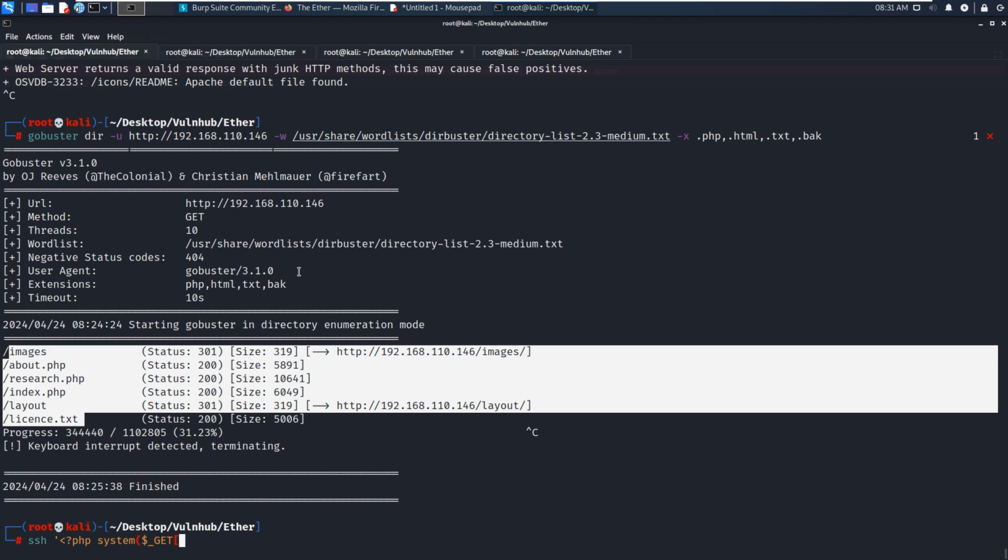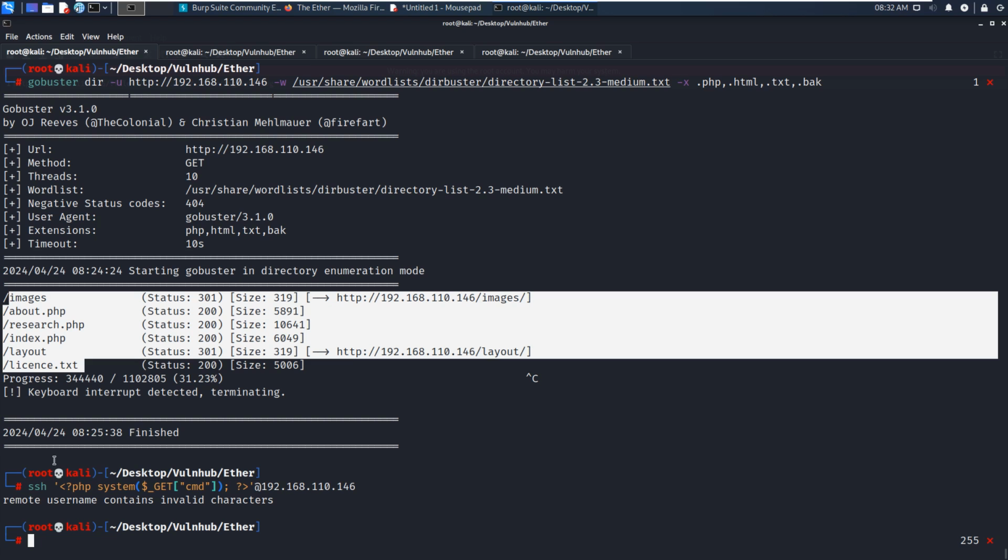get cmd. This is the parameter through which we can pass the command to run, and we include this one-liner PHP code, and we try to access or connect to the target. Press enter. Okay, so we got the error: remote username contains invalid characters, because nowadays the Kali Linux